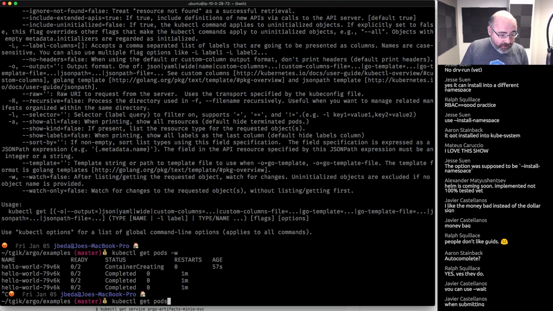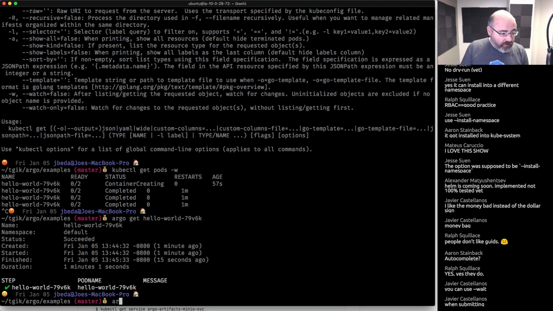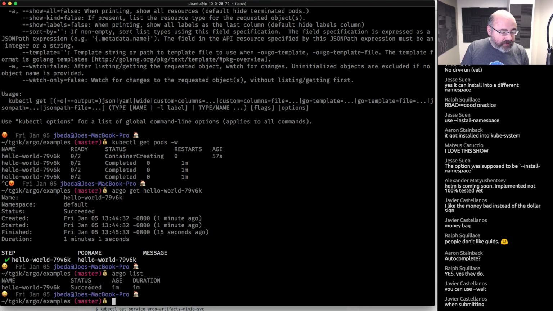It ran. Now if I do argo list, I see this. I see it succeeded. I see the step that it ran. It has some information about when it was created, things that happened. So this is actually a really nice sort of UI. So Argo operates through CRDs, and so you submit jobs by writing CRDs with that schema. It then watches for those things, generates and runs pods, and then I assume writes results back into the CRD. And so the Argo command line is a good way for dealing with those CRDs directly, but you can do